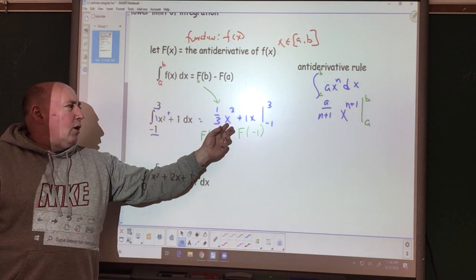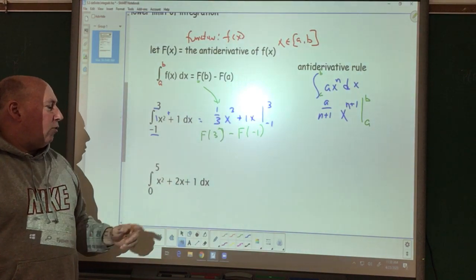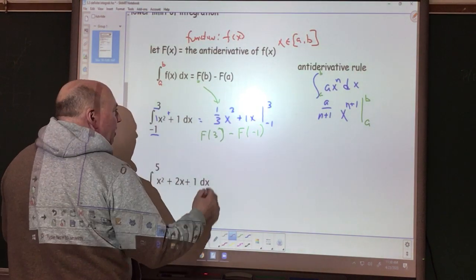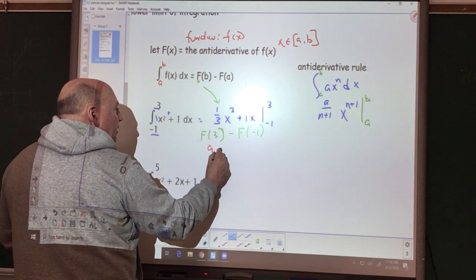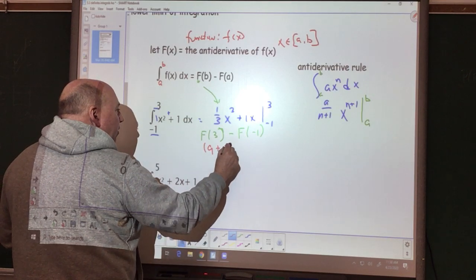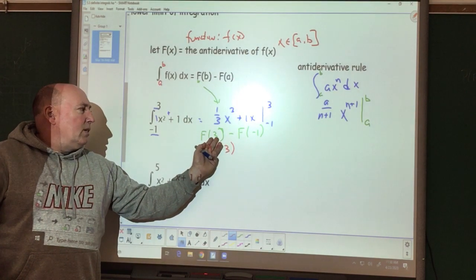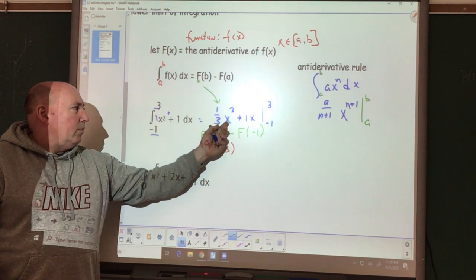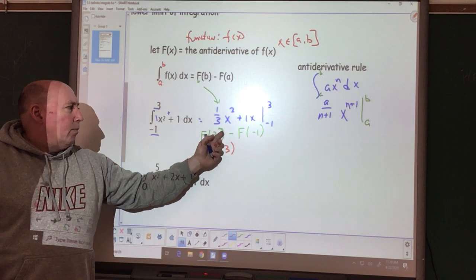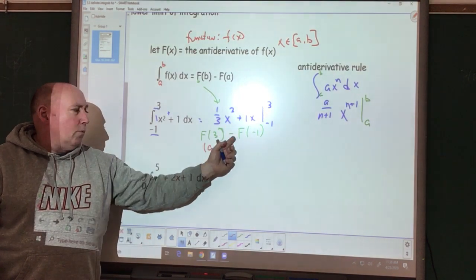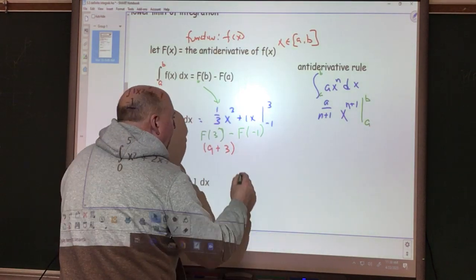So if we evaluate this at 3, this is 3 cubed divided by 3, we have a value of 9. This is 27 divided by 3, plus the value of 3. This is my evaluation of the antiderivative at 3. I get 3 cubed, 27 divided by 3, which is 9, plus 3 times 1, which is a value of 3. And then we have to subtract off